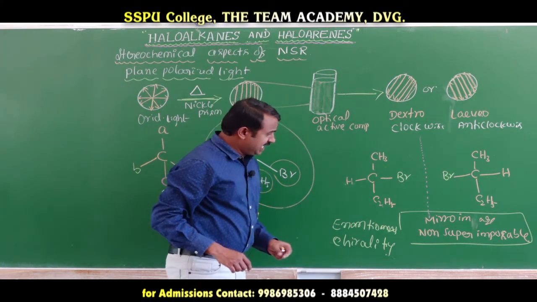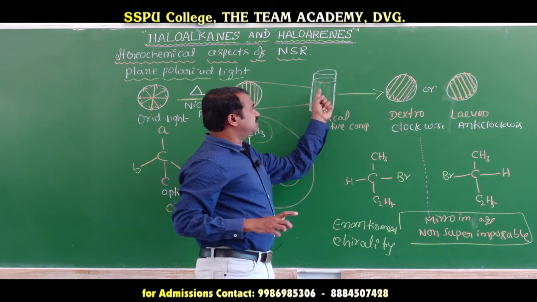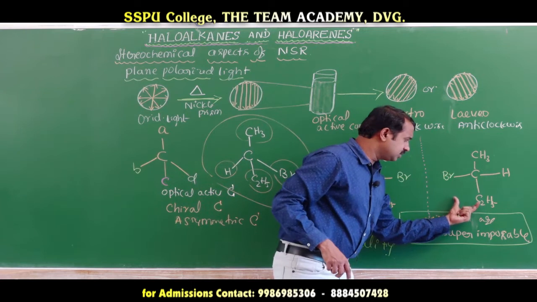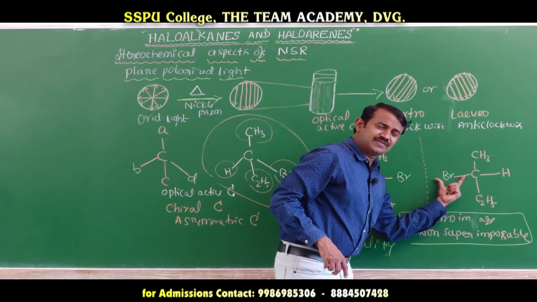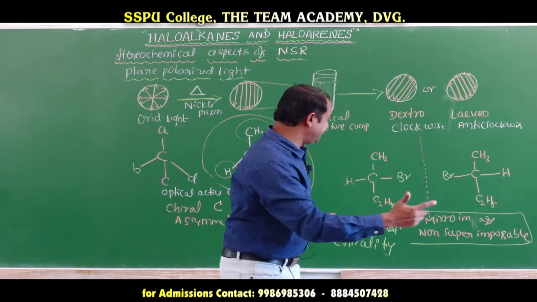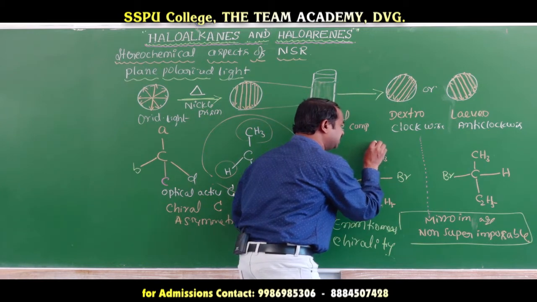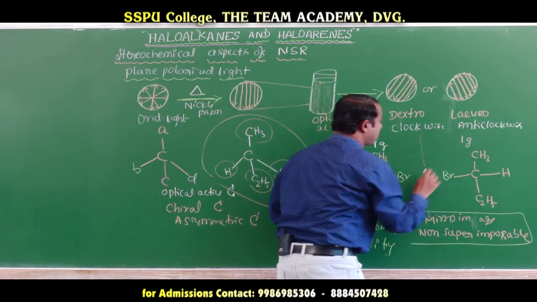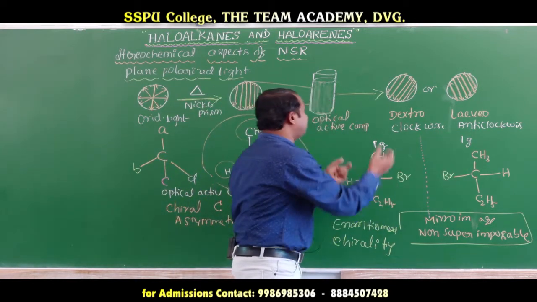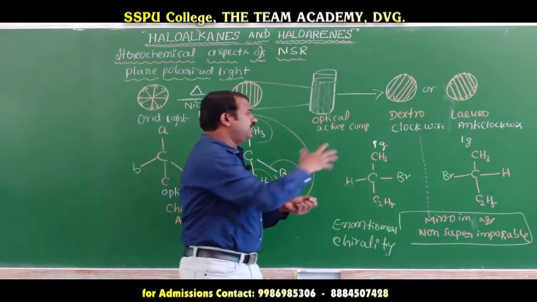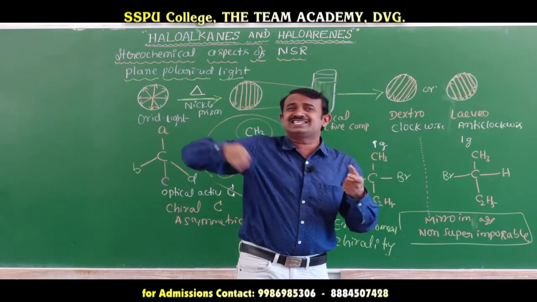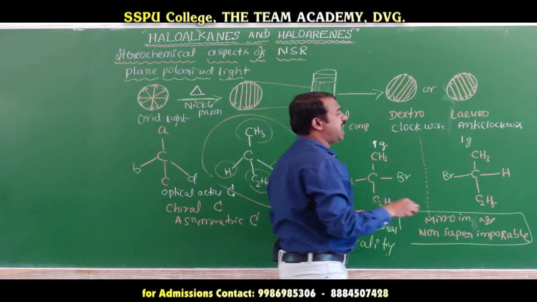Okay. In case I take bromo on this side, the optically active compound formed is dextrorotatory. When I take this bromo on the left side, it is levorotatory. Suppose I take equal quantities of both, this is 1 gram of solution and this is also 1 gram. Suppose I take an equimolar mixture of the isomers and pass plane polarized light. If the dextrorotatory and levorotatory are equimolar, the optical rotation does not occur. This is zero optical rotation. That is called a racemic mixture.